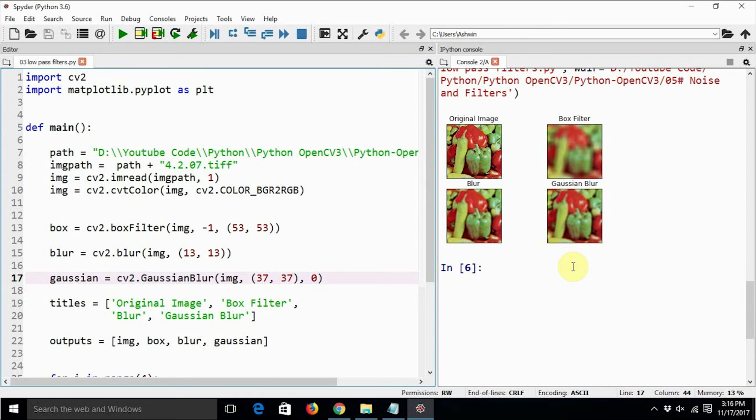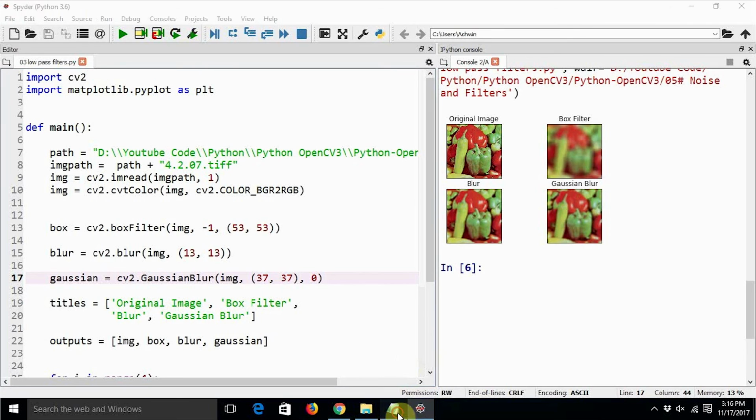So that's how we can use Gaussian blur. Gaussian blur is very useful in case your image is contaminated with something called Gaussian noise. You can go ahead and search for Gaussian noise and create your own customized code in Python and OpenCV to introduce Gaussian noise to your image, and then apply Gaussian blur on that. So this Gaussian blur is going to eat away all the Gaussian noise, and it's going to give you a cleaner image. Your images will be considerably cleaner.